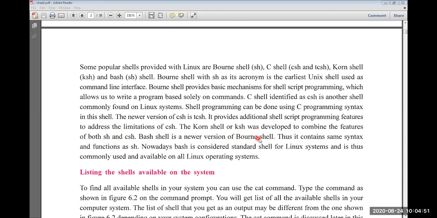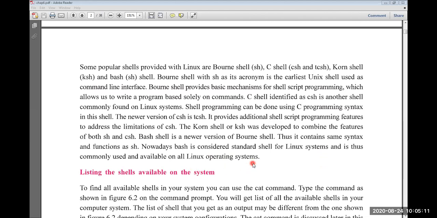The Bash shell is a newer version of the Bourne shell. Thus, it contains the same syntax and functions as the shell sh. Nowadays, Bash is considered the standard shell for Linux systems and is thus commonly used and available on all Linux operating systems.